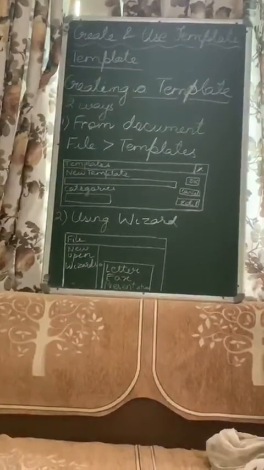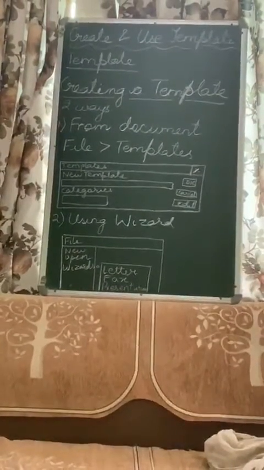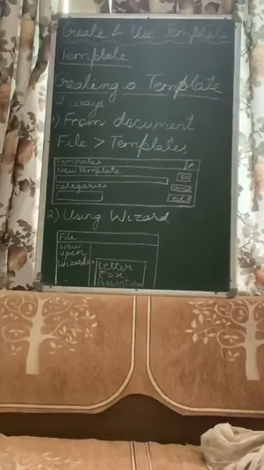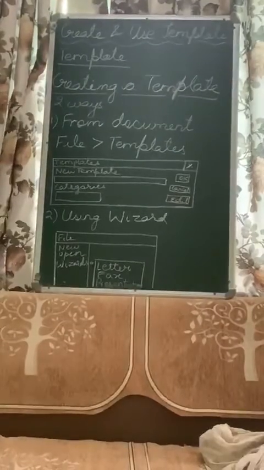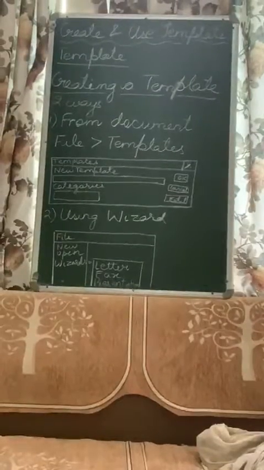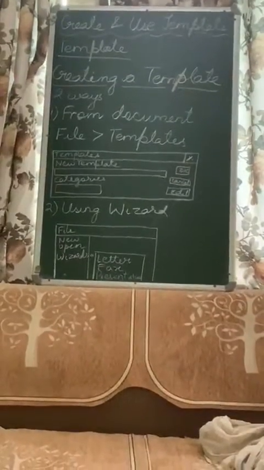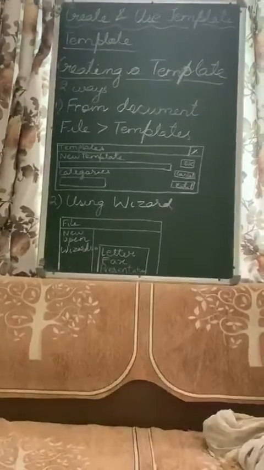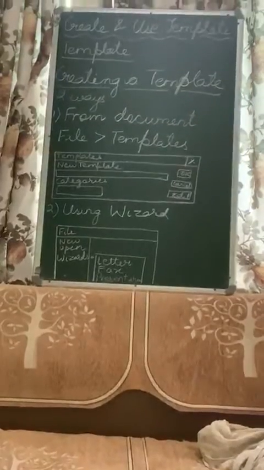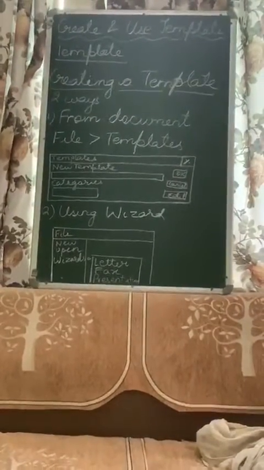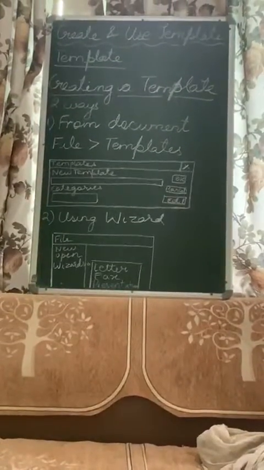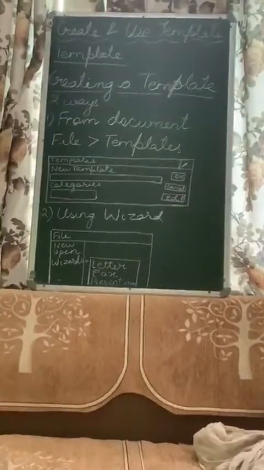Now this templates dialog box has a new template field where you will type the name of the new template. Then in the categories list, click the category to which you want to assign the template. So it can be any category. For example, presentation category, my templates category. The category that you choose will have no effect on the template. It is simply the folder in which you are saving your templates. So choosing an appropriate category makes it easier to find the template when you want to use it.